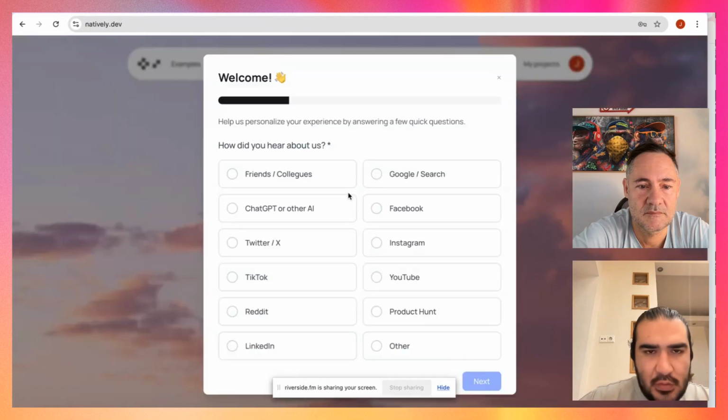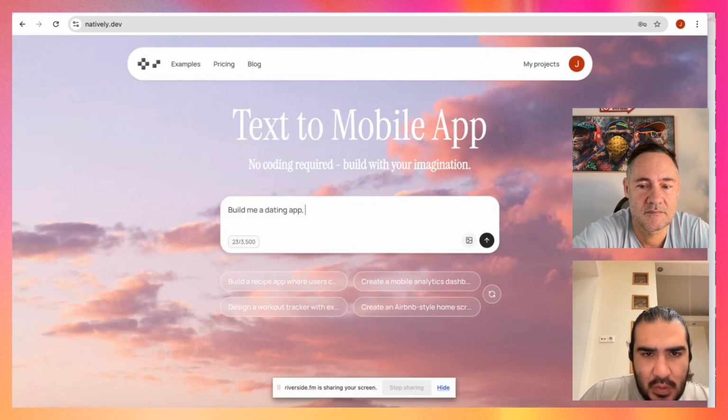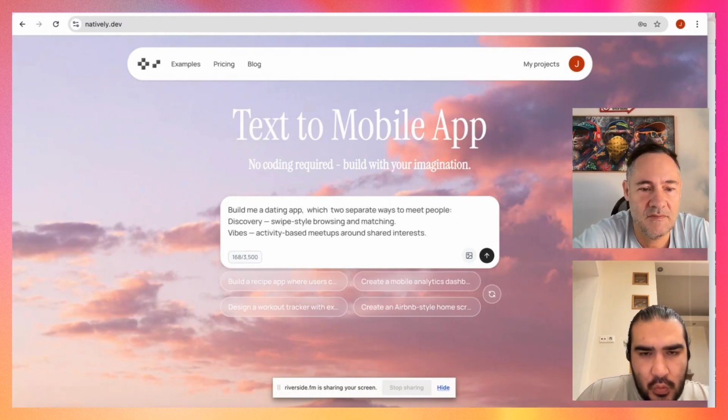Let's go to Natively. I will say, build me a dating app. Let me copy paste this prompt. The only thing I'd say on Discovery, even though here it says swipe style browsing and matching, is that the interaction is different. There is no swiping on this one.